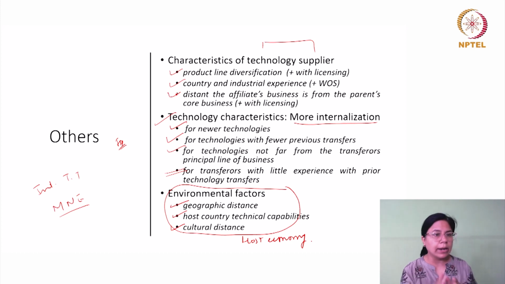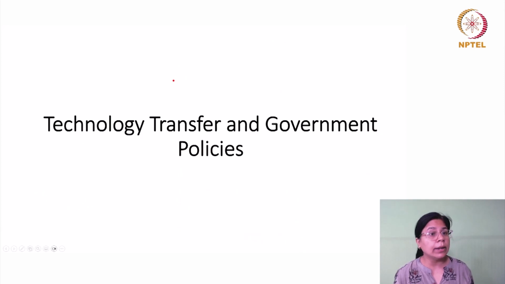So what we are trying to highlight here is that when we talk about international technology transfer and the gains from the host country point of view, clearly they would want the technology which is now coming through these channels of multinational enterprises to become more available to their domestic firms. Clearly, environmental factors will play a role, technology collectors will also play a role, and the characteristics of the technology supplier will also play a role. But the question which remains is how can government support that?